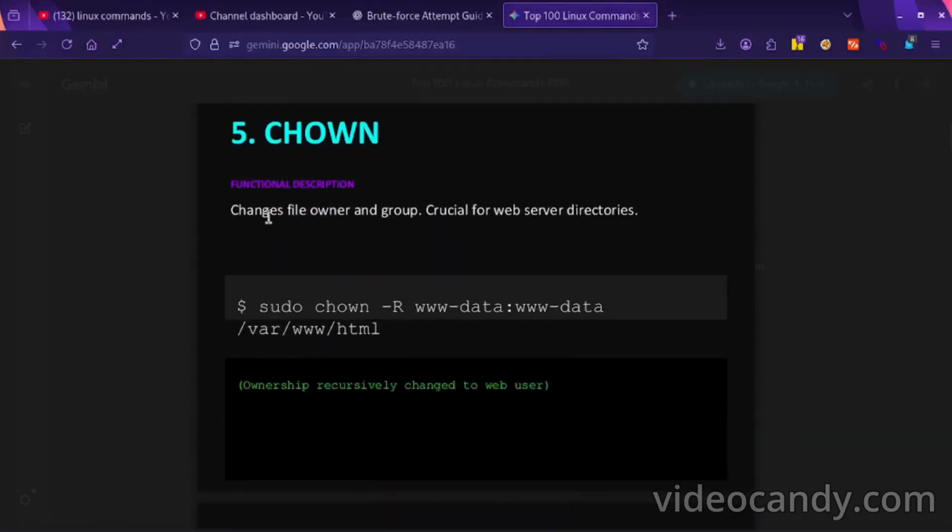Now chown changes file owner and group, crucial for web server directory. Okay, we will use this also.